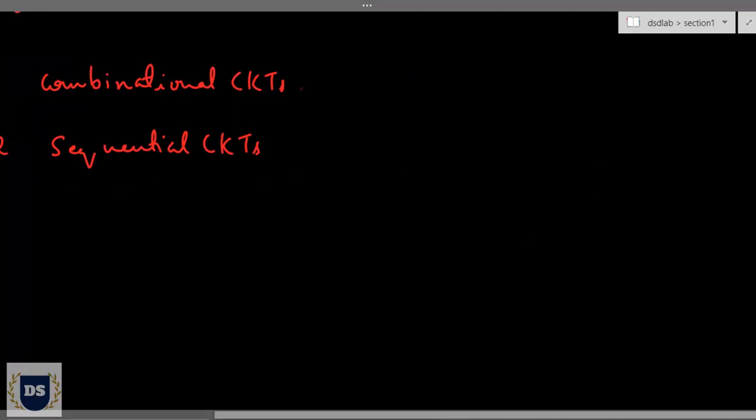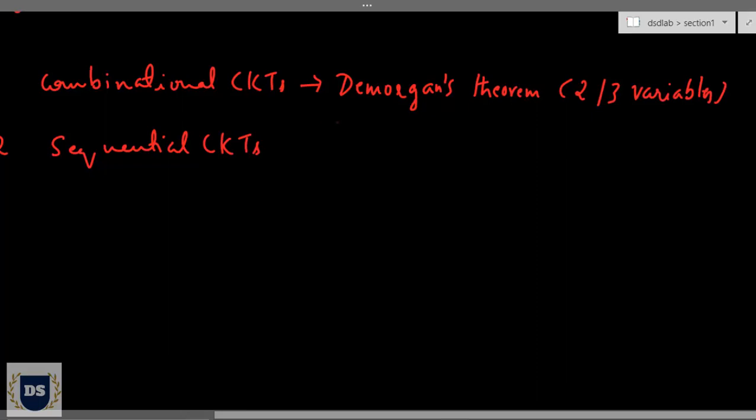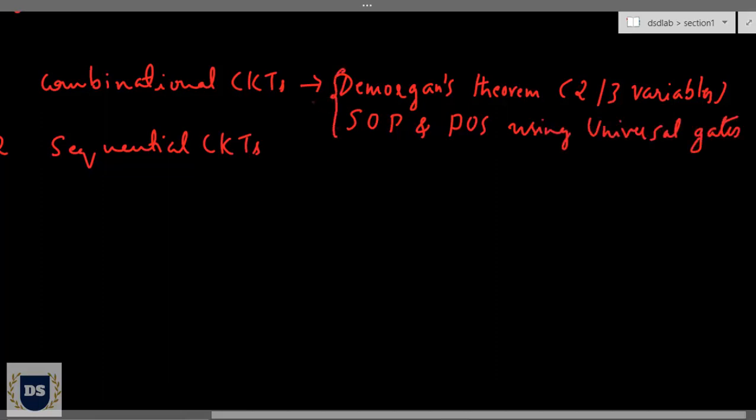Under combinational circuits, you are having experiments like De Morgan's theorem, where you will be made to realize De Morgan's theorem for 2 variables and 3 variables, followed by realizing sum of product and product of sum using universal gates. So these two experiments combined together make up your experiment number 1, and in your experiment number 2 you will